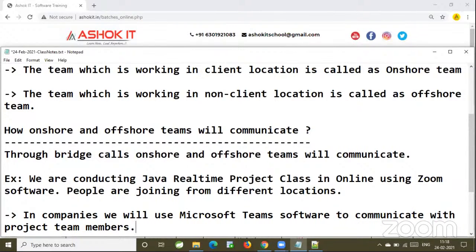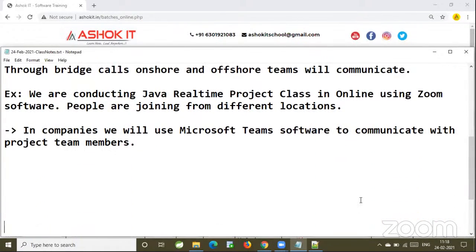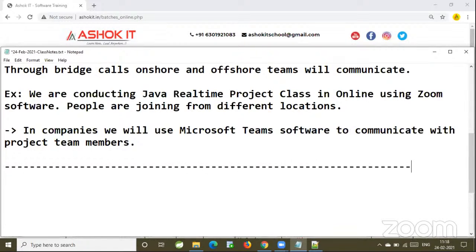One person will set up a meeting and send a meeting invitation to all the project team members who are required to participate in that meeting. They will join that meeting and they will communicate. So onshore and offshore people will communicate through bridge calls.